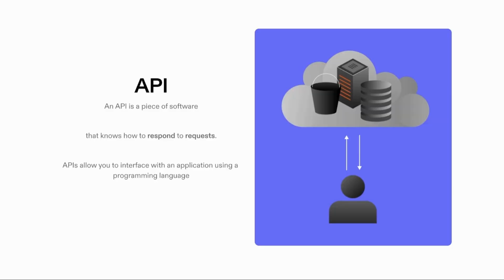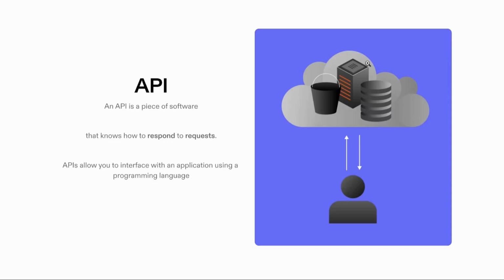These appear in all kinds of examples. For example, there's the OpenAI API. What does that do? Well, it's OpenAI's computer running in the cloud. You, as a person, maybe using ChatGPT, or maybe as a developer, can send a request to OpenAI's API and get a response back. The job of the API, as this piece of software, is to know how to process different kinds of requests. It knows that, okay, this request is asking me to complete the sentence, predict what text comes next, and so that's what I'm going to respond with.